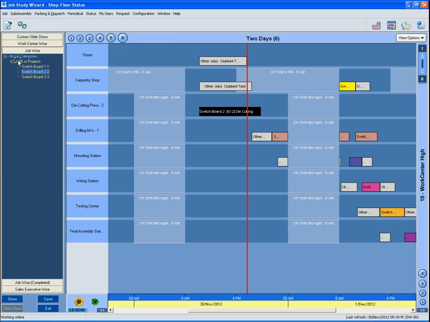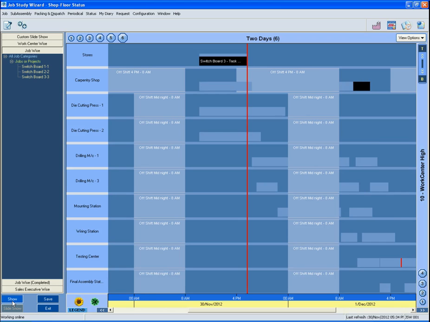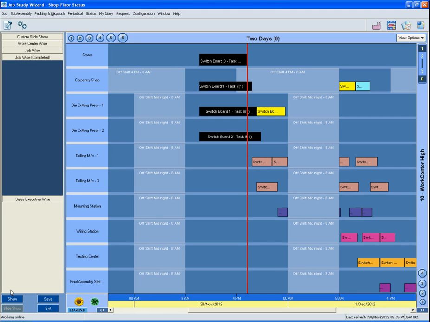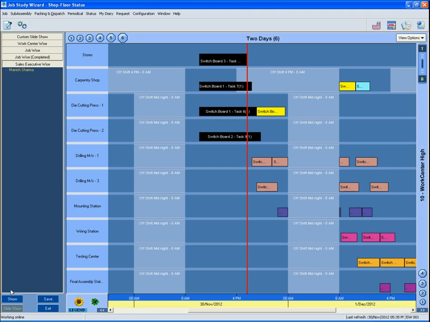The fourth pane is for jobs that are already completed. We have deliberately differentiated between currently running and completed jobs. Otherwise, the method of working is similar to that applicable to job-wise pane. The last pane is captioned Sales Executive Wise. As already mentioned, each job is brought in by someone. One can see them classified accordingly.